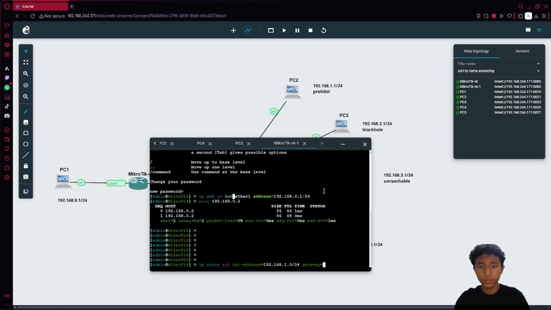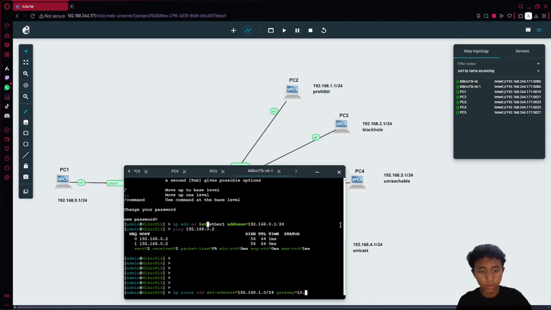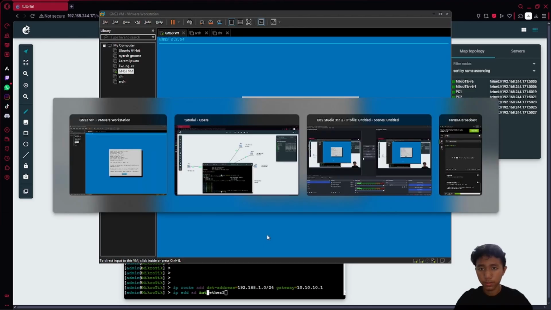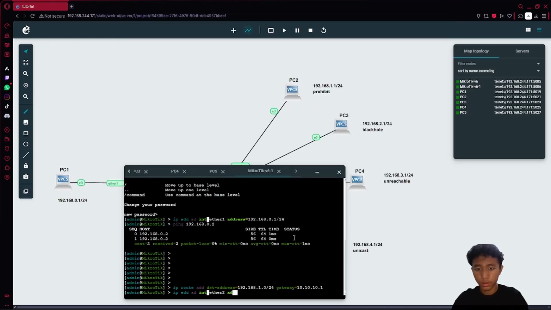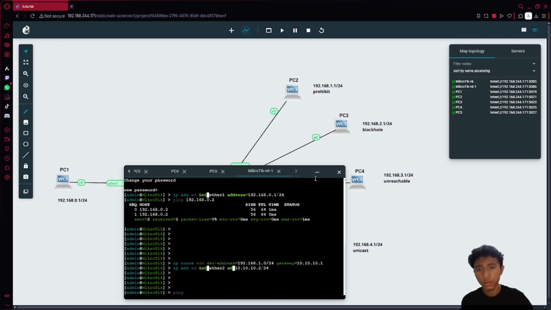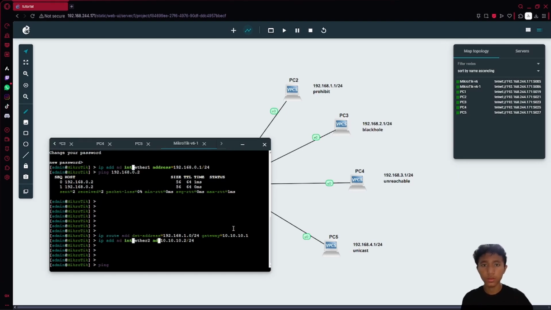For the gateway, because I configured it here, it will use gateway 10.10.10.1. So if you ping from this router to the PC, it should be connected.